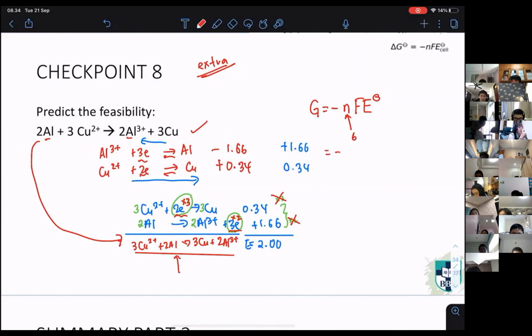So when I apply negative 6 times 96500, and the E value is 2, because this one I can find out already. This is positive, so feasible. But if you want to calculate the Gibbs free energy, you can calculate. You will get a negative value and you will get the answer. Because it's negative, the answer is it is feasible. So